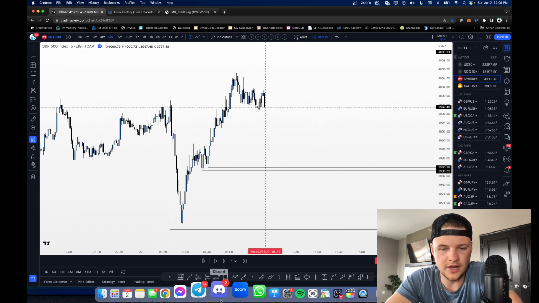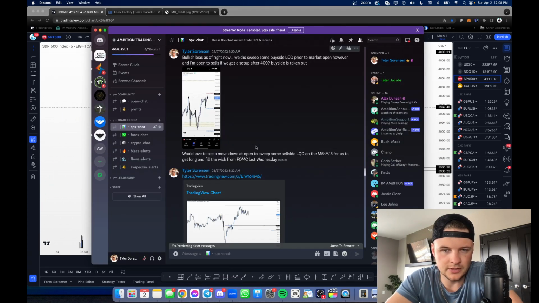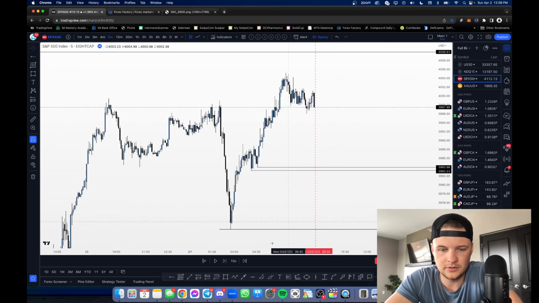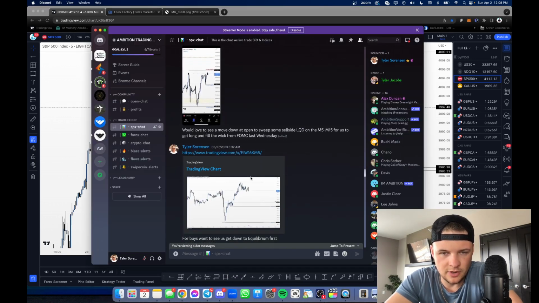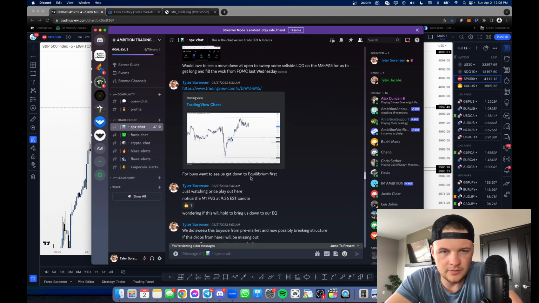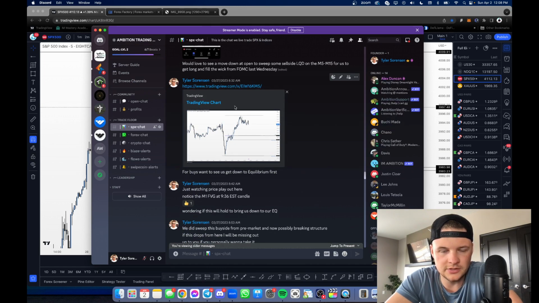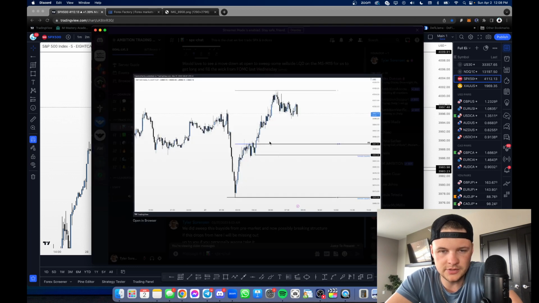But if we just go back and look at the Discord, because like I said, I don't really remember exactly how this all played out step by step. But here's how we had it marked up. So 8:32, 2 minutes into market open now. For buys, I want to see us get down to equilibrium first. Okay, so on the 5-minute chart,